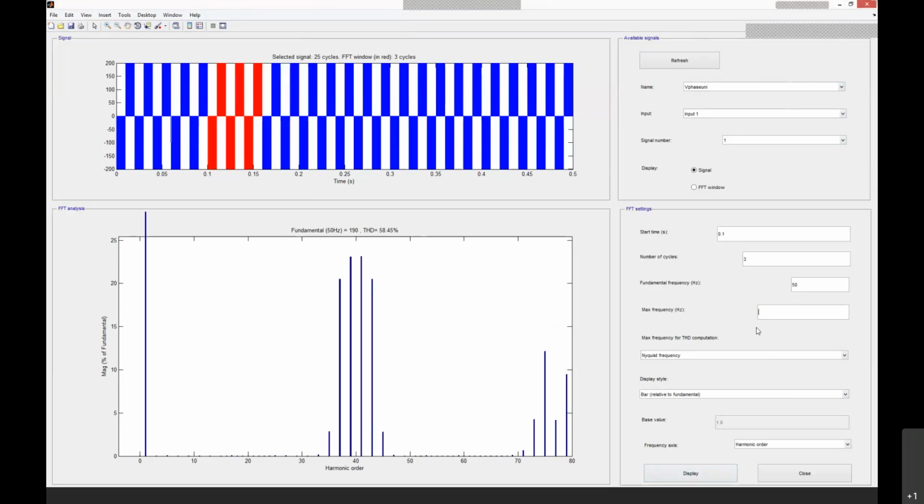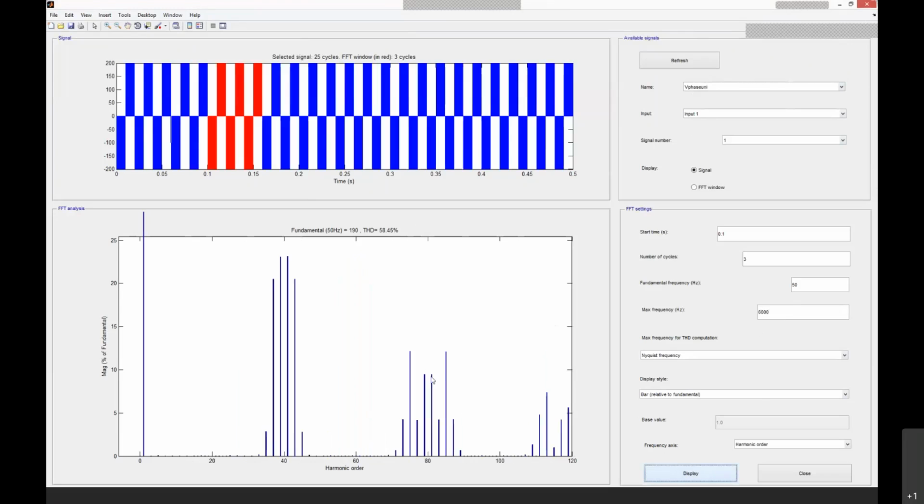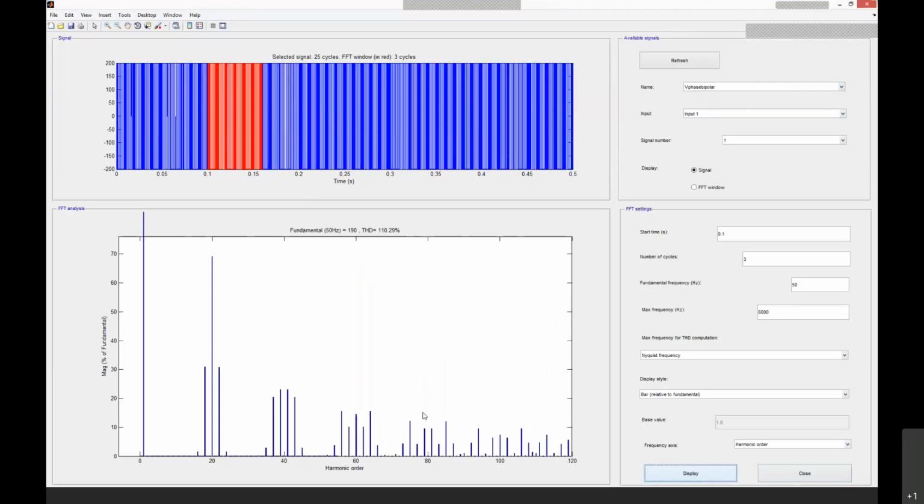You can see the spectrum. Since it is for 4000 Hz, you can extend this by substituting the maximum frequency. I just changed the maximum frequency to 6000. So now you can see here harmonics at 40, 80, and again at 120. So the harmonics are centered around these values. One more thing you can notice is that in the case of this bipolar, since we considered mf equal to 20, that is an even number, the harmonic spectrum contains lower order harmonics at 18 and 22.